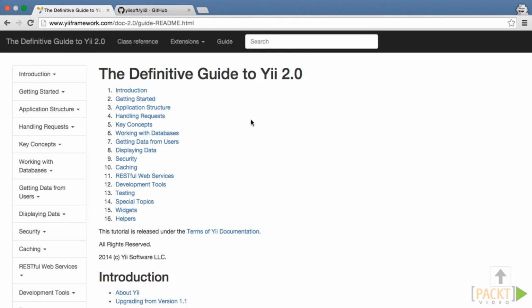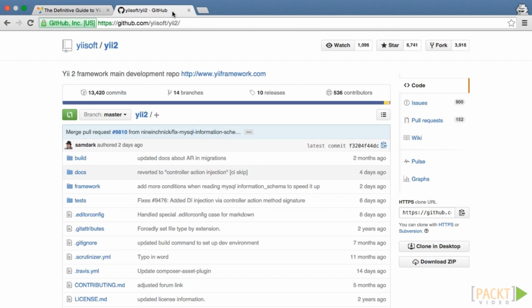But you'll surely see that there's a lot more that you could do to make this application look and feel more like a real-world dating site. The next step is to take a look at the Yii2 Definitive Guide, which will help you dig even deeper into this incredibly flexible and powerful development framework. The Definitive Guide is located at www.yiiframework.com/doc-2.0/guide-README.html. Once you master that, you may also benefit from looking directly at the framework source, which is located at